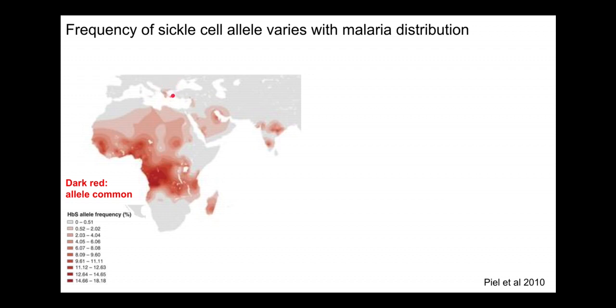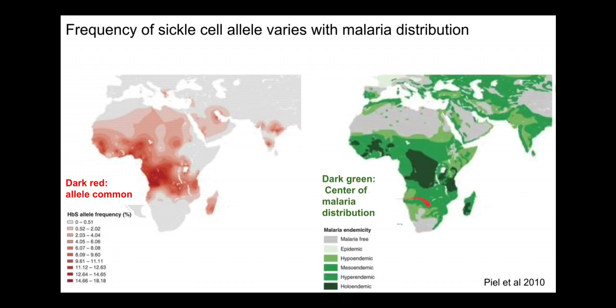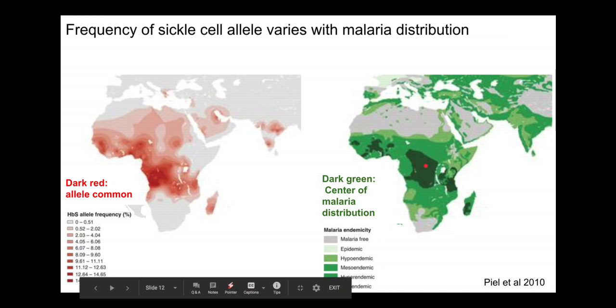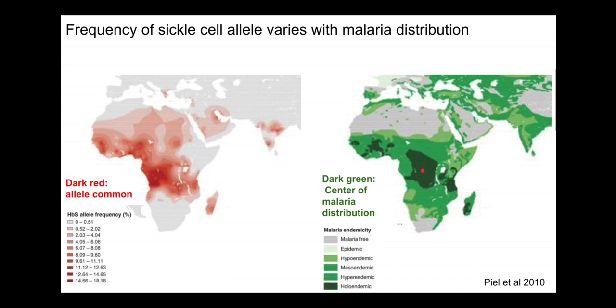It also shows up a little bit in the southern part of Europe, the Middle East, and also India. This map here in green shows the distribution of Plasmodium falciparum, the most potent malaria parasite. You'll notice that the darkest green color is where the malaria parasite is most abundant, and it's in Central Africa, parts of West Africa, southern